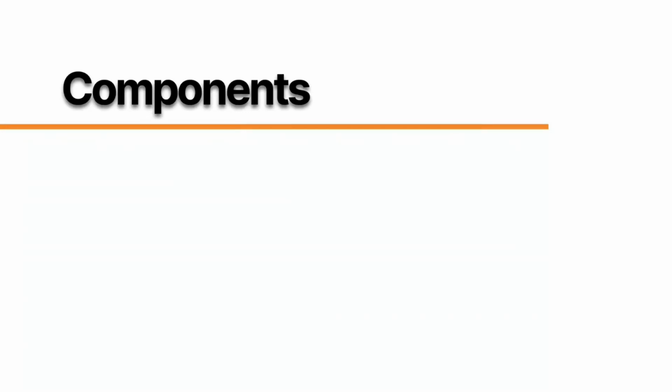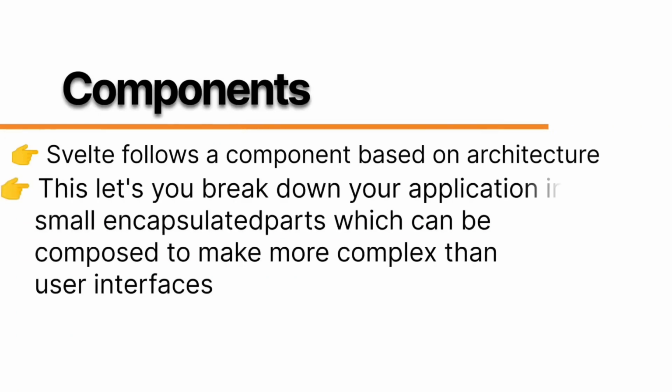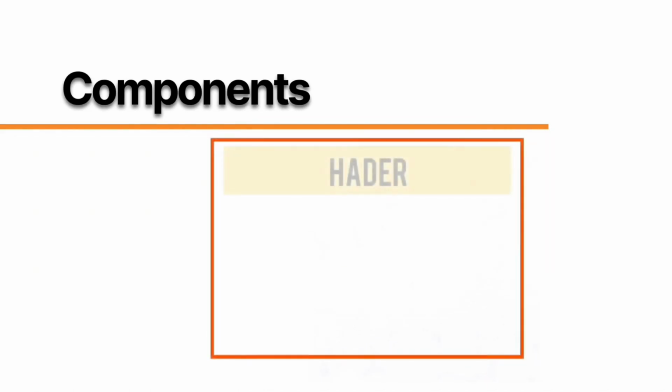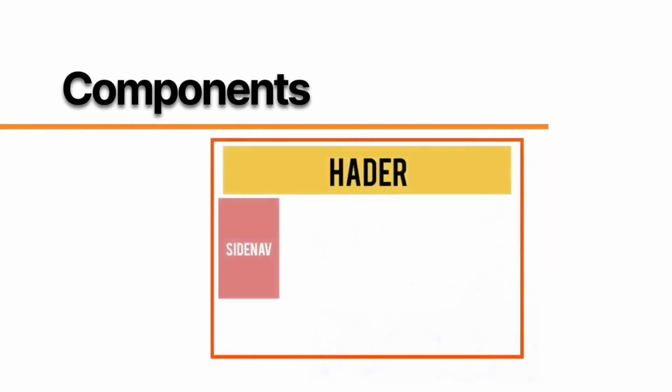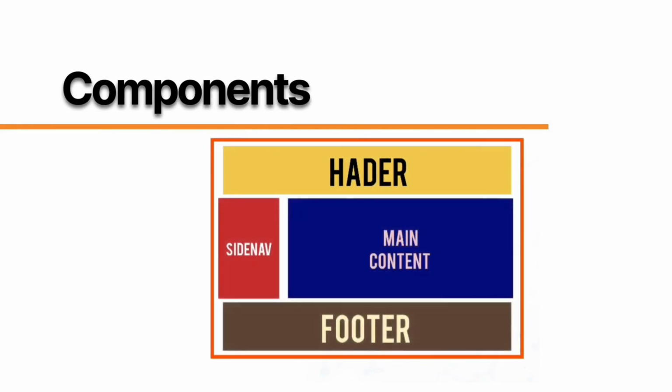Now similar to React, Vue and Angular, Svelte follows a component based architecture. This lets you break down your application into small encapsulated parts which can then be composed to make more complex user interfaces. For example, a traditional website can be broken down into header, site navigation, main content, and footer. You can say that this particular application has 5 components. One for header, one for site navigation, one for the main content, one for footer, and finally one component to